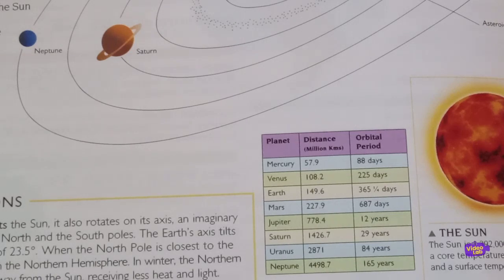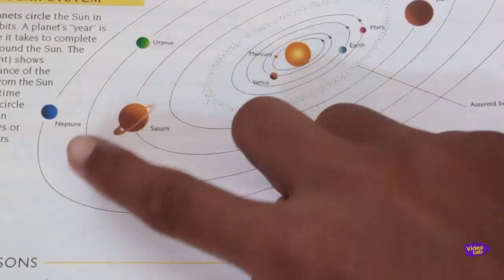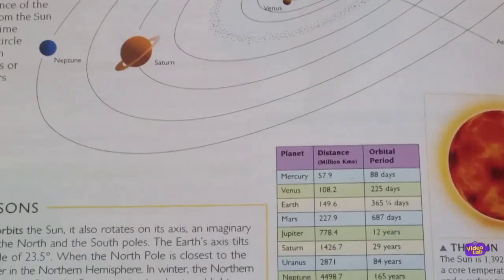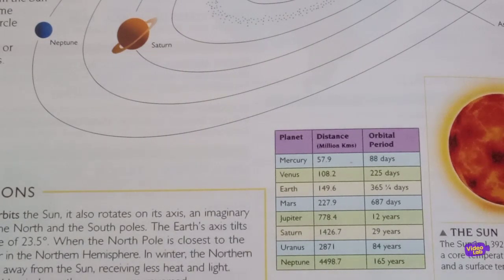On Saturn 29 years are needed to complete one revolution, that is 1 year, and its orbit is about 1426.7 million kilometers. Uranus takes about 84 years, as it's just before Neptune and is very far from the sun. And Neptune is very far. It's the last planet. And Uranus is 2871 million kilometers away. Neptune takes 165 years, as it's the last planet, and it has an orbit of